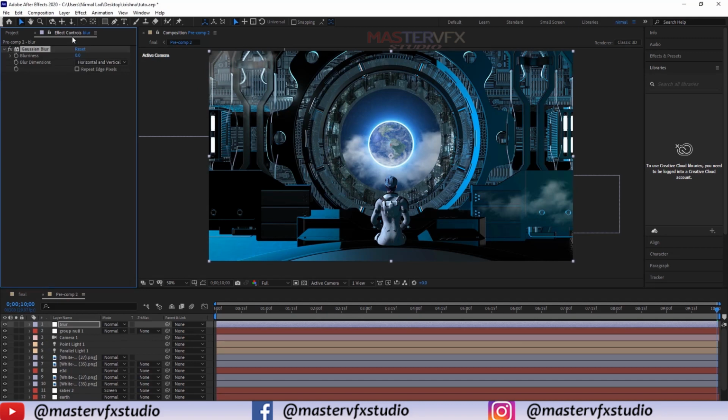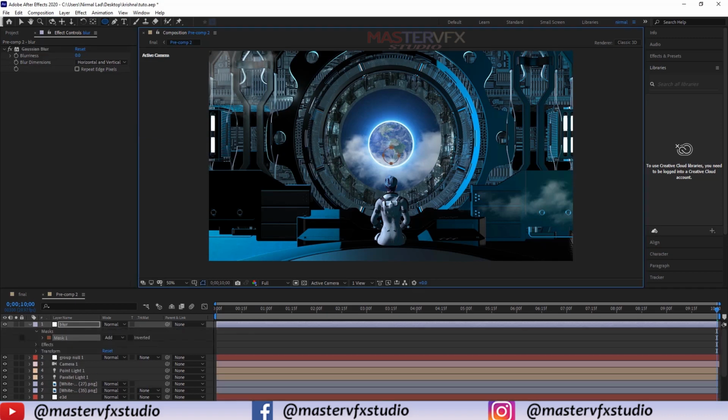Before increasing the amount, first select the elliptical tool and draw a mask around this circular part. Press Ctrl and Shift and drag from the center to create a circular mask.